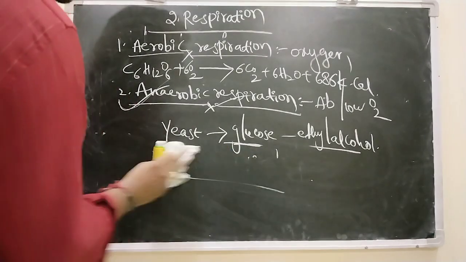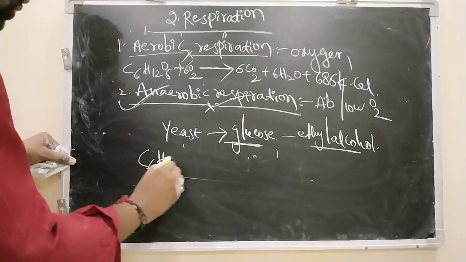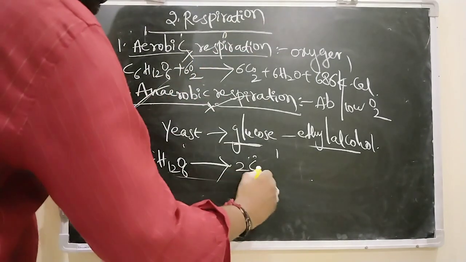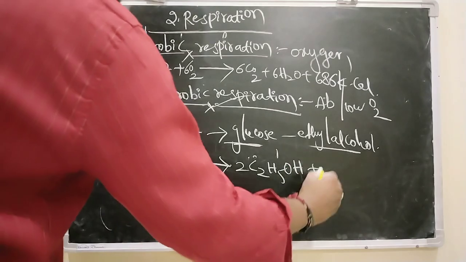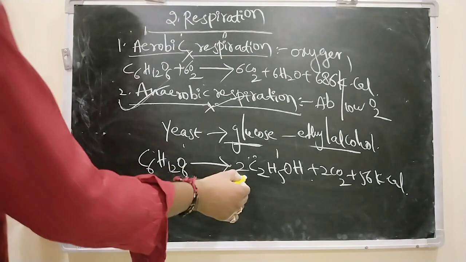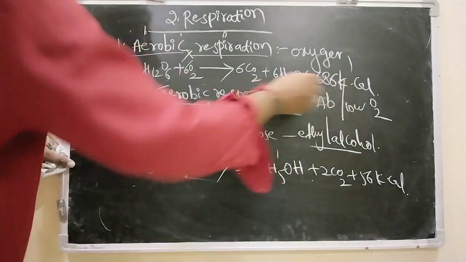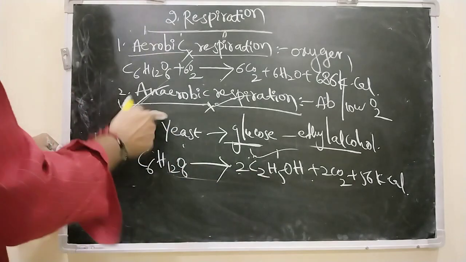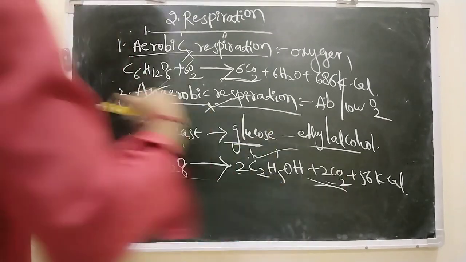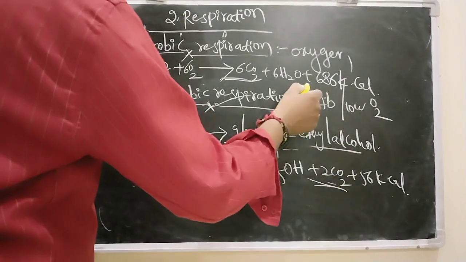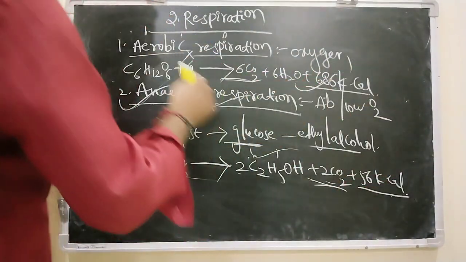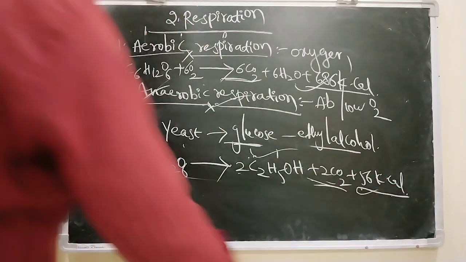So what about the equation? See, C6H12O6, here we are not mentioning oxygen because this is anaerobic respiration. It gives 2C2H5OH plus 2CO2 plus 56 kilocalories of energy. Here alcohol is formed in anaerobic respiration, whereas in aerobic respiration no new product is formed. And carbon dioxide is released in both, this is one similarity. Here also one more similarity: energy is released. But more heat energy is released in aerobic respiration, less heat energy is released in anaerobic